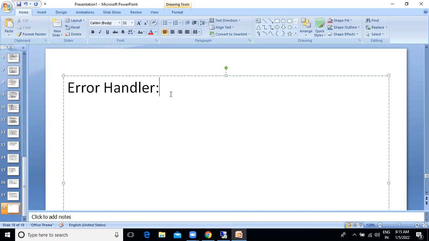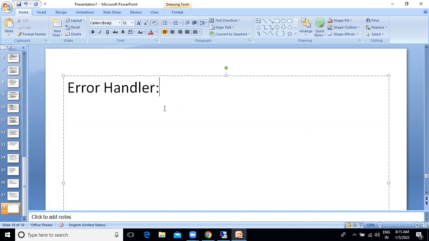If any error occurs on the client side, what will they do? The client will just take a screenshot and send it to the team: okay team, this is the error, I'm not able to do my operation. In that case, we need to fix that error. But the cause of the issue, we don't know. Where it occurred, how it occurred, why it occurred, we're not able to identify.